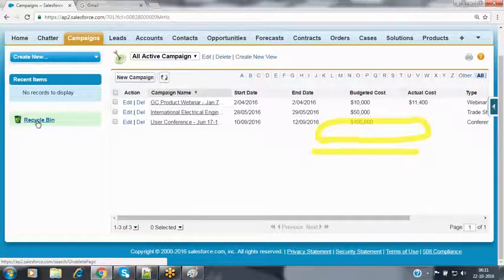Then, within what time can we restore that record? Whenever you delete a record, the deleted records are stored inside the recycle bin for 15 days. This question is very, very important from the interview point of view as well as in the certification, the 201 certification.